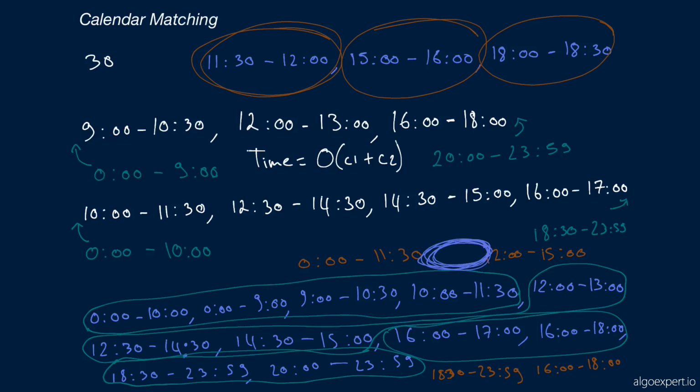And finally, at the very end, when we find the availabilities in between, same thing. At most here, if all of the meetings never overlapped and our merged calendar was basically a combination of C1 and C2 where none of the meetings overlapped, then we would iterate through C1 plus C2 ranges, right? So the time complexity is going to be O of C1 plus C2, and by the same logic, the space complexity is going to be O of C1 plus C2,